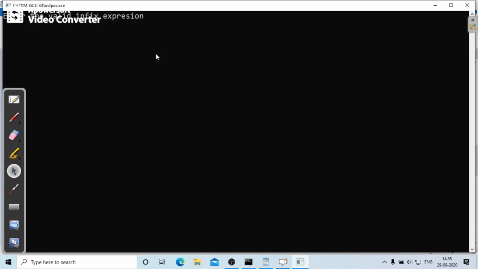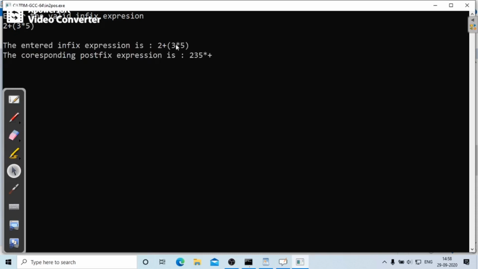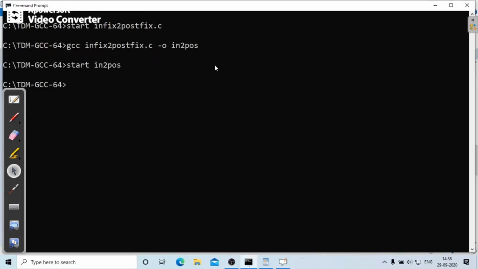Now here I will give an expression. I will give the same expression, 2 plus 3 star 5, and press enter. You can see that we got the same output. The corresponding postfix expression is 2 3 5 star plus. You can try even with a bigger expression.